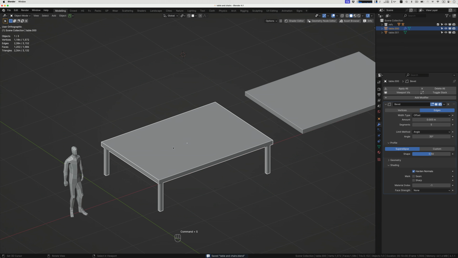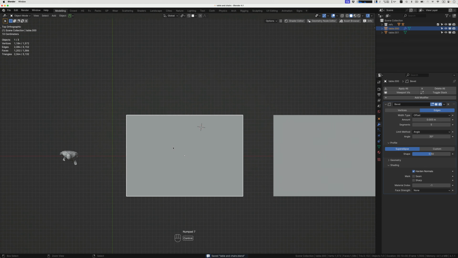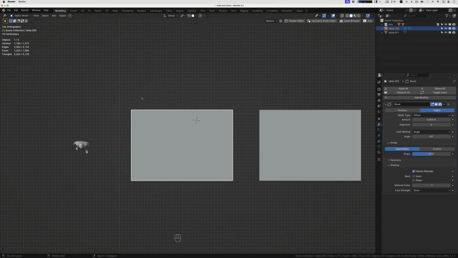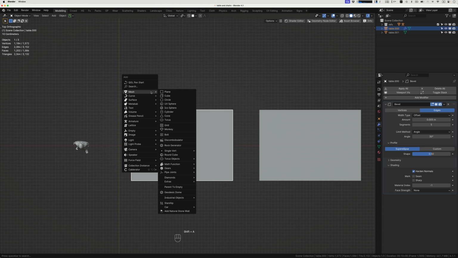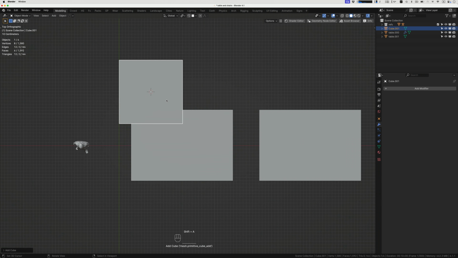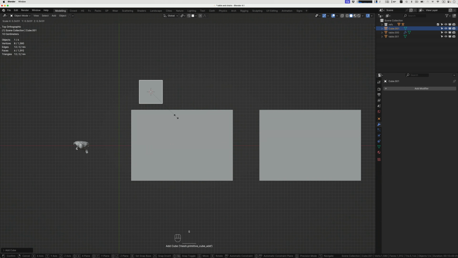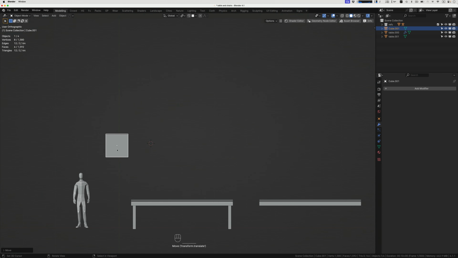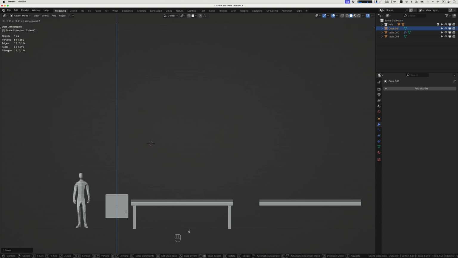What about a chair? Well, I'm going to go to top view now, number keypad 7, and I'm going to sort of click here, Shift A, mesh and cube. I'm going to scale it down. In fact, I'll put it over here just so I can refer to Bob. So GZ, move it down, SZ. So this is going to be a chair